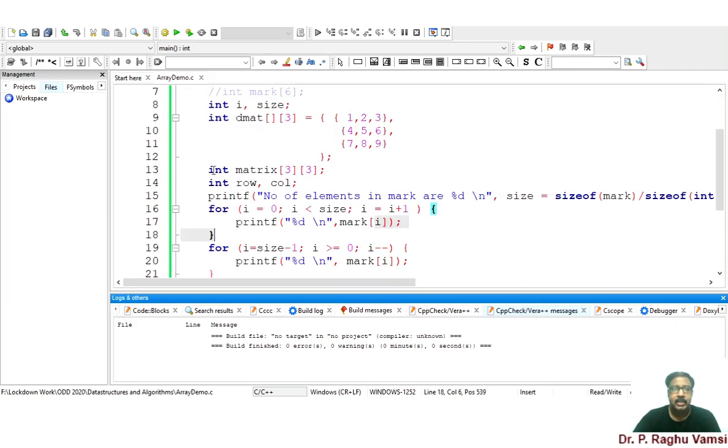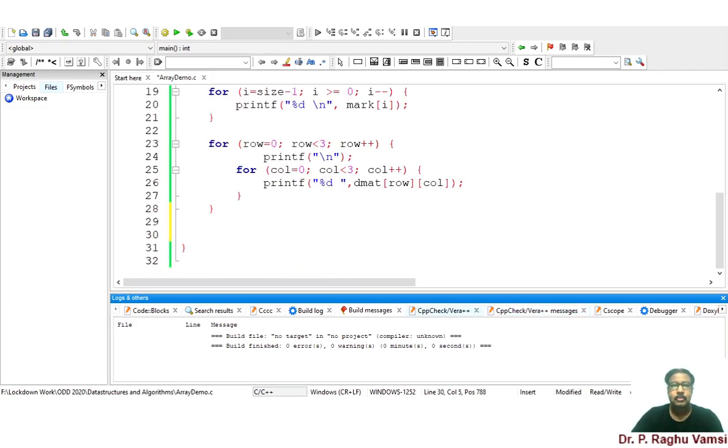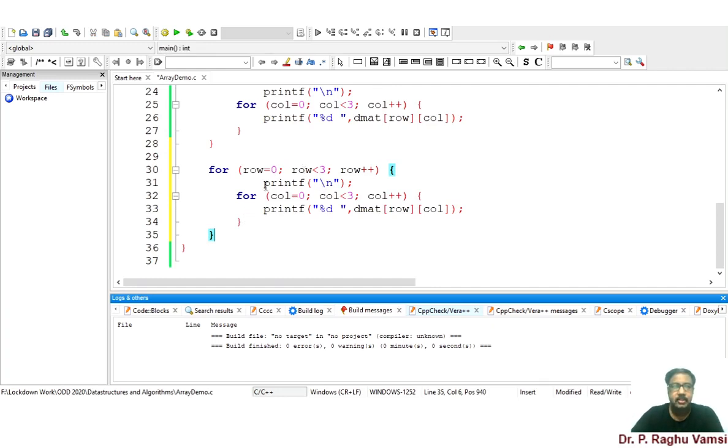Here I have declared a 3 by 3 matrix. Now I will try to read the input into the matrix. To read the elements into the matrix, we require a nested for loop. The previous nested for loop I am copying and pasting here. Instead of printf I will use scanf.